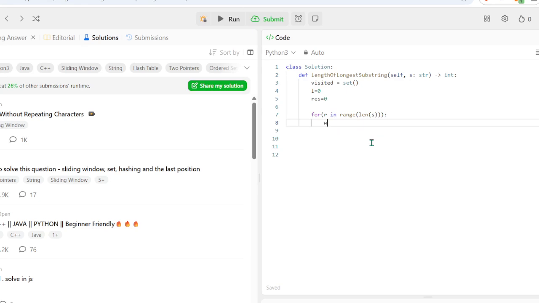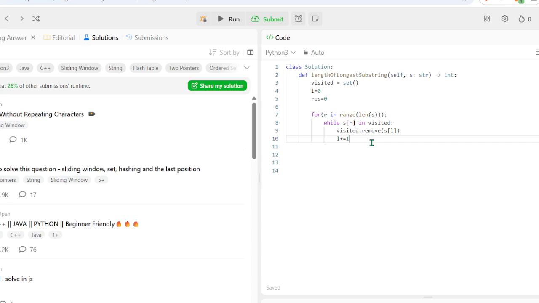So now you check while S at index R is in visited. So while it's in visited, what you need to do is visited.remove L, and when you increment that, I'm pretty sure that's how it works, right?